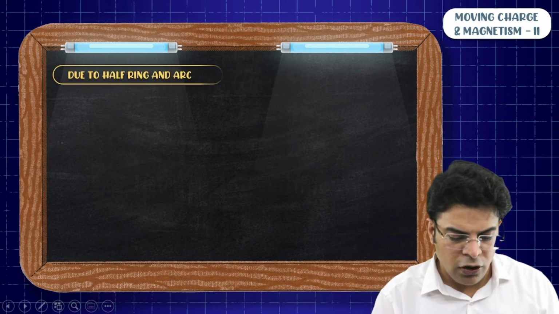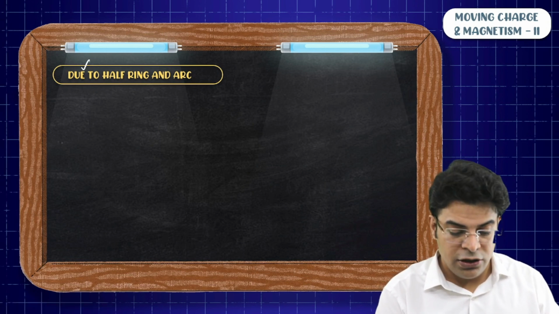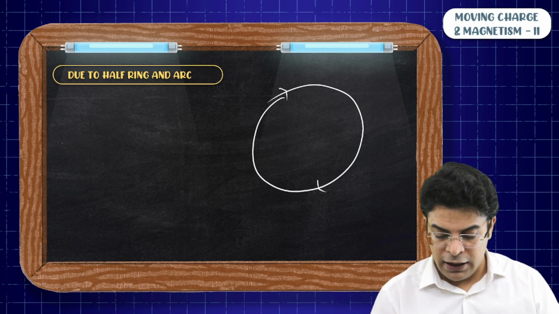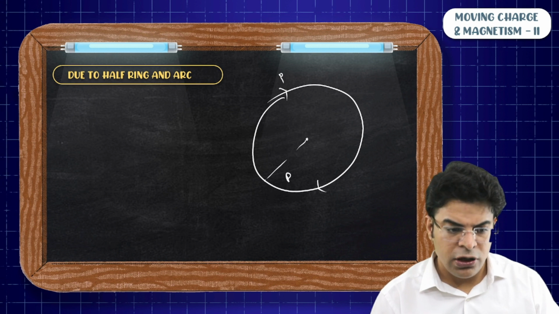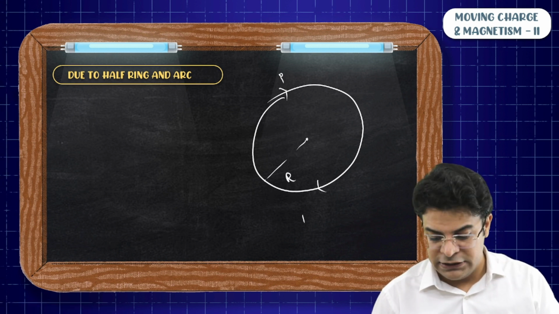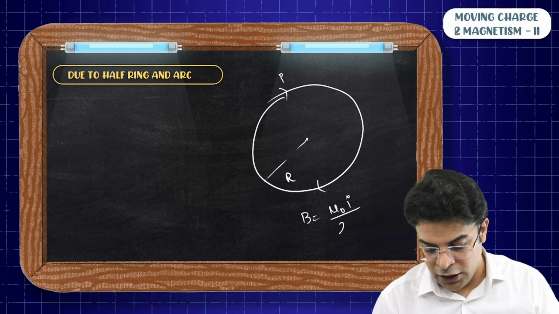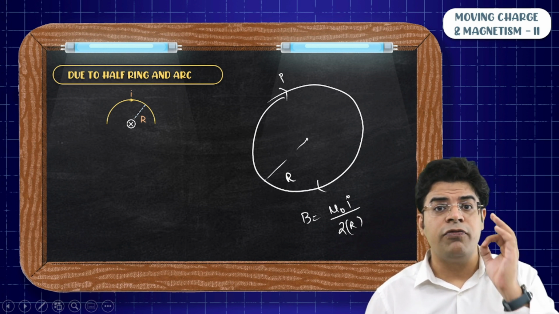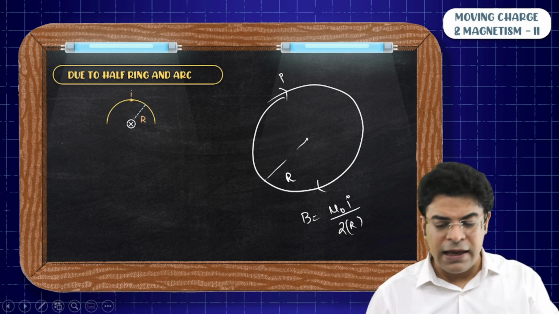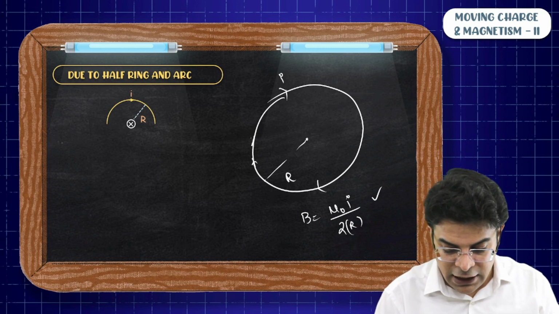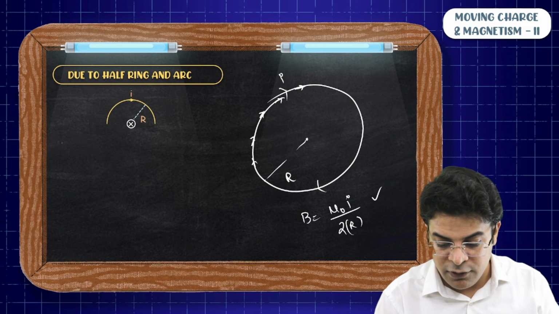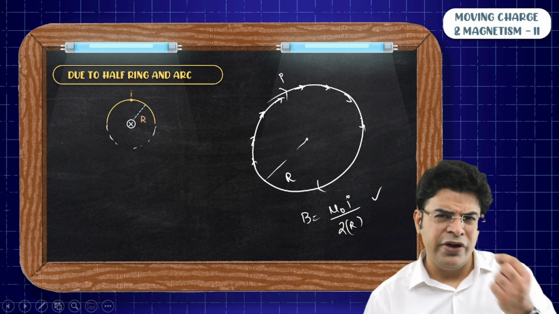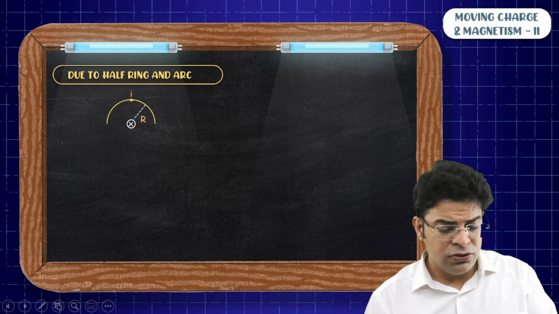So now we will talk about the magnetic field at the center due to a half ring and an arc. We know that due to a complete ring carrying a current I having a radius r, the strength of magnetic field at the center is given by mu naught I by 2r. But what if we have only half the ring? Then what will be the strength of magnetic field at the center? While deriving this result, I said that each and every element on the ring produces the magnetic field in the same direction. So if you remove half of them, let's say the lower half, the field strength at the center will become half. So the result is so easy.